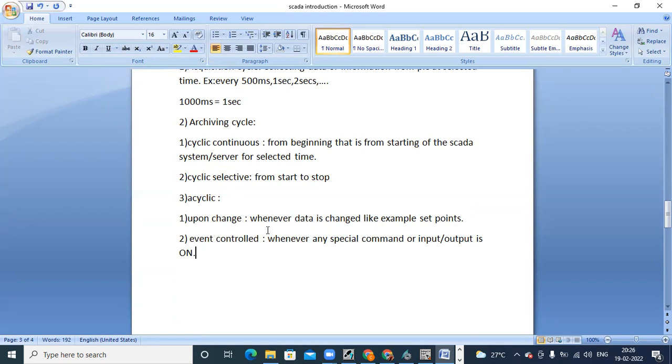Suppose I am giving a special command to some machine, and I operate manually; for that input, you want to store the temperature, pressure, or any parameter details. For that you can use event control. So acyclic means anytime: on change, you might change the set point anytime, and event control means you operate any button anytime. Whereas cyclic continuous or cyclic selective are continuous changes.